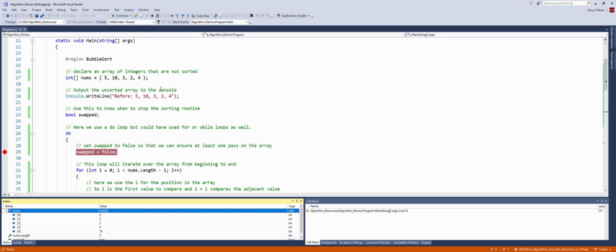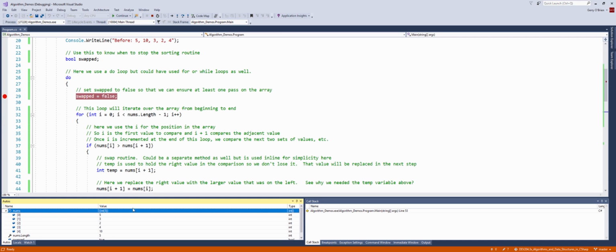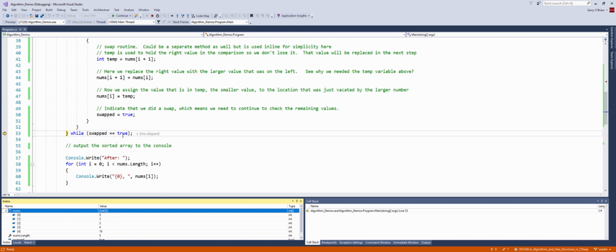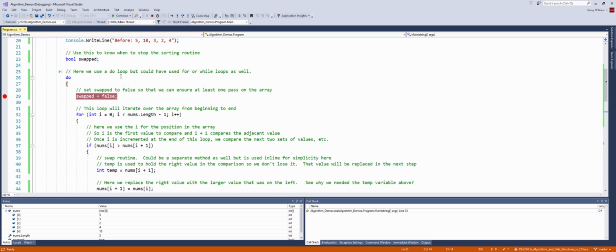We're not finished with this yet because we have to continue until all of these values are in a sorted array. So this loop will continue until we have no more swaps. Once we have no more swaps, this evaluates to false, and our do while loop stops executing, meaning that we are now completely sorted. So all we're going to do now is just simply let this continue all the way through